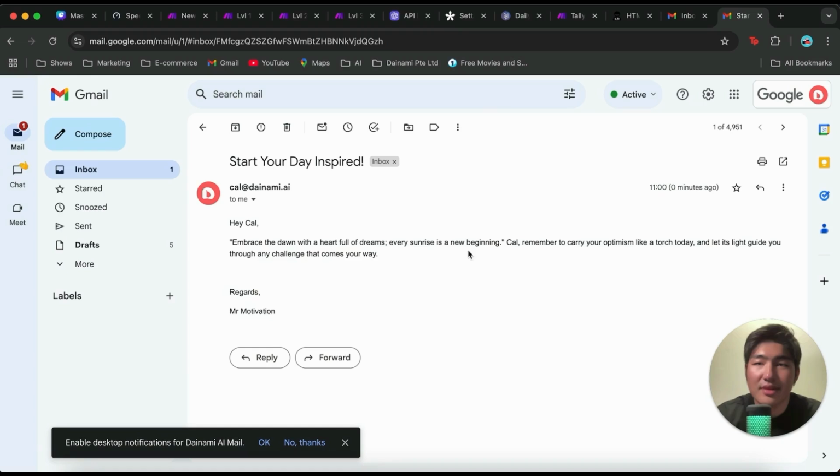Let's go into Gmail. You can see over here I do have a new email sent to me. Start with the title that I want, start your day inspired. It has the quote and the inspirational text and the format that we want. So this is super cool, and just like that, you have your very own automation process that sends you an inspirational